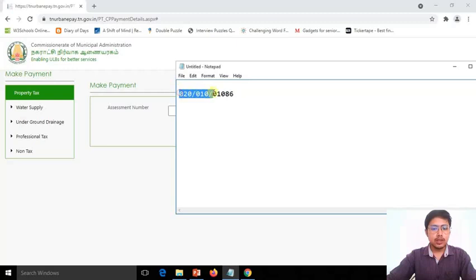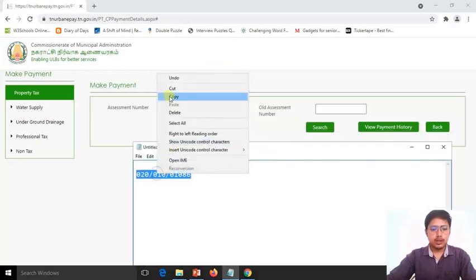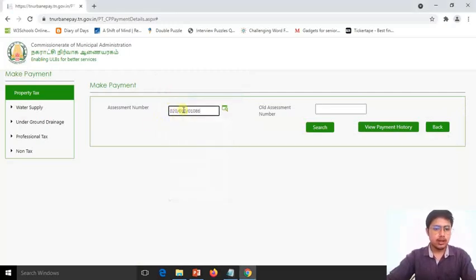So this number, when you know this number, you can enter here. In place of assessment number, you can enter your assessment number. So right now I have taken this assessment number, which I think definitely belongs to one of our resident. I don't know who. So let me find out. Okay. So when you click on the search button here, you have to do nothing with the old assessment number. Just enter your current assessment number, that's all. And then you click on search.